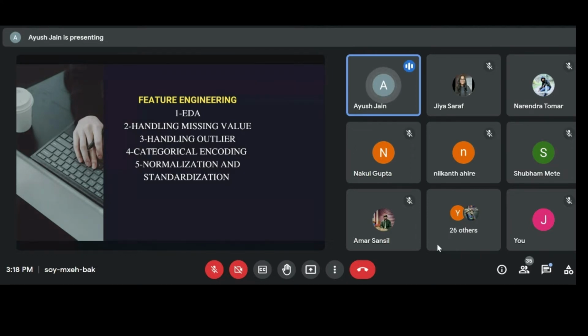So here you need to do feature engineering on the data, that is, handle the missing values, handle the outliers. You need to encode it, like if the data is of, say, regression, you cannot classify the data into categories. You need to encode it into numerical values. So categorical encoding is also needed.